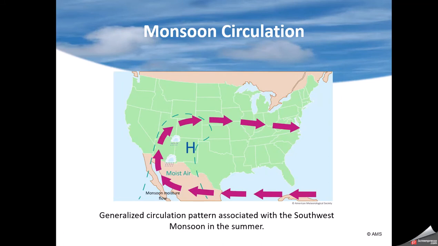There's another monsoon that actually occurs in the U.S., also called the North American monsoon. What happens is the mountains in Mexico, and there are high mountains out here in this western part of Mexico, get very hot early in the summertime. When they get hot, the air rises, causes a low pressure system right there to be almost stationary, and pulls in moisture from the Gulf of Mexico, which